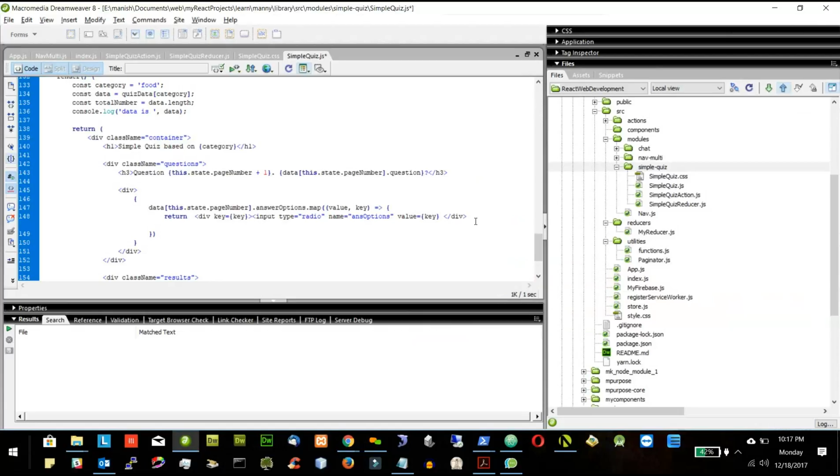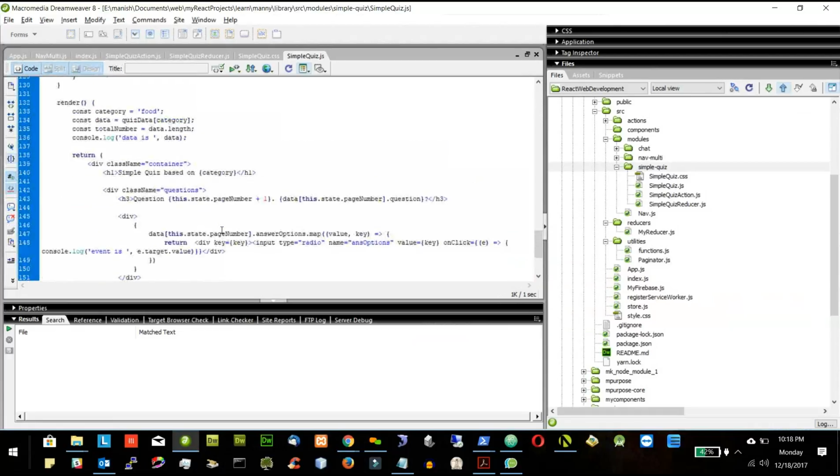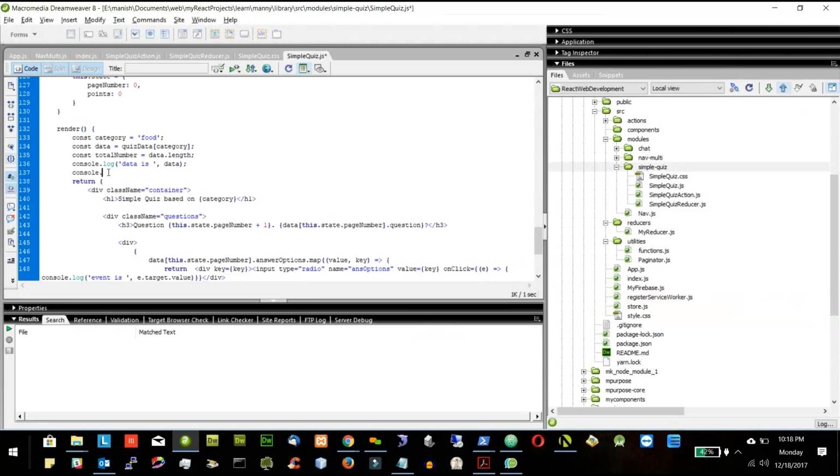And then I will say onClick. So when user clicks this one, I will do something. What I will do, I'll tell you later, is equal to some arrow function, and arrow function will have e as an event, and here I will do console.log. Event is e.target.value. So right now I'll do only console.log to see what's happening. So I will save it. I will also do console.log of state,